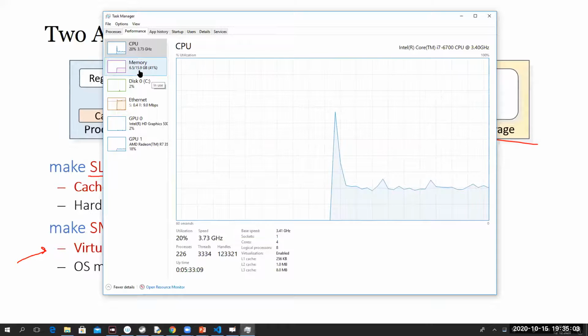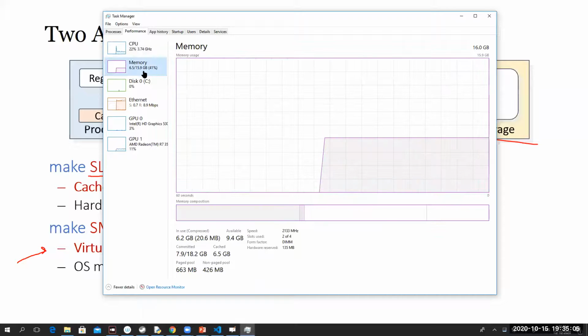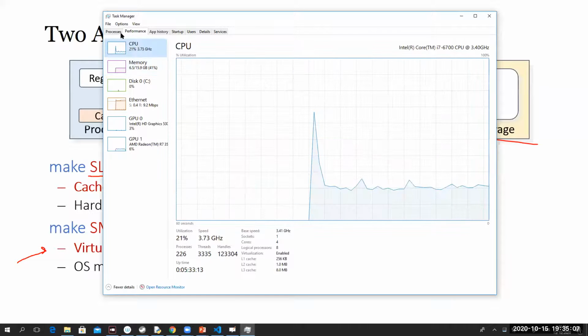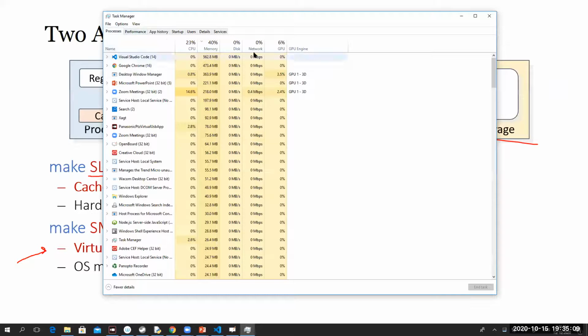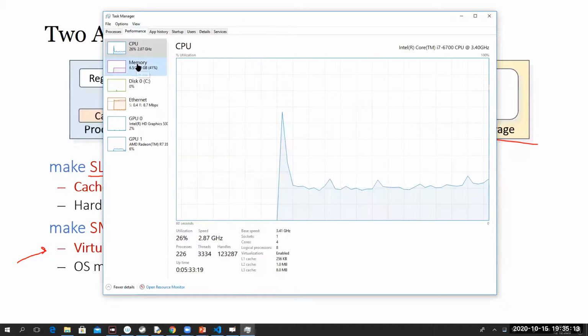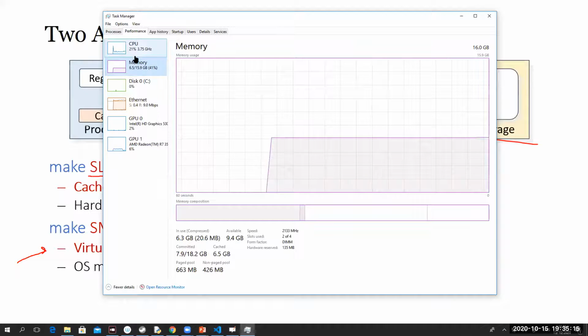Oh, okay, we have 15.9 gigabytes of RAM. This computer is not too bad. In total we're only using 40%. We are using 6.3 and we have 9.4 available. We have not overrun this.